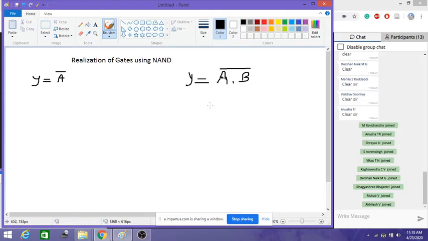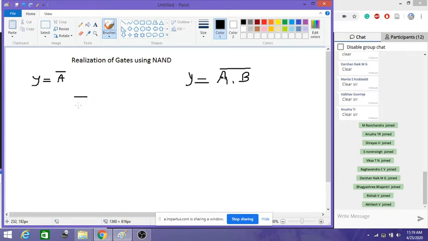With the last theorem of our Boolean algebra that we have seen, if you put a double bar on any variable, that will result in the same variable. Can you tell which law we had discussed before? That is the involution law: the complement of the complement of anything is the same thing itself. To get that is very straightforward. If you want to realize this using a NAND gate,